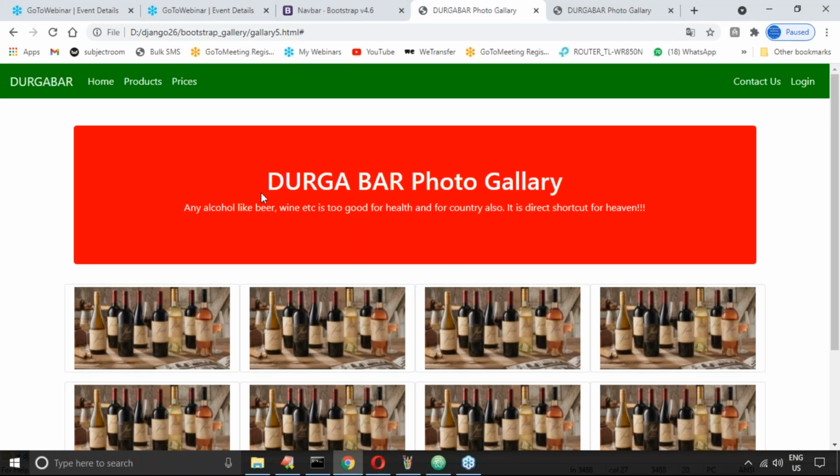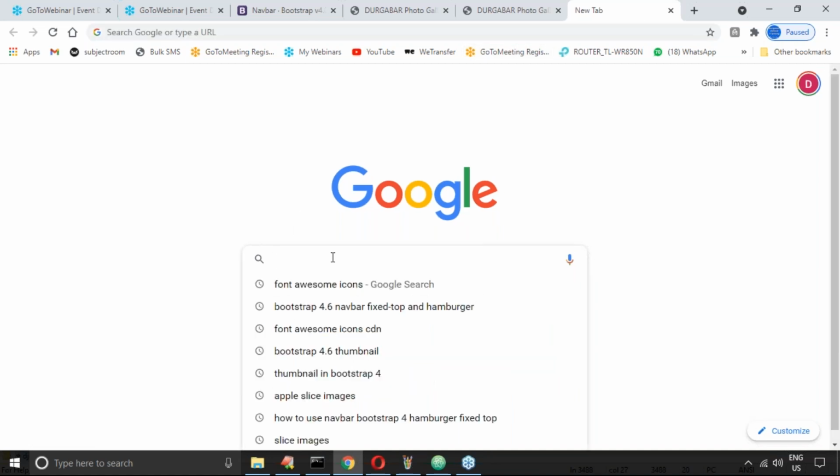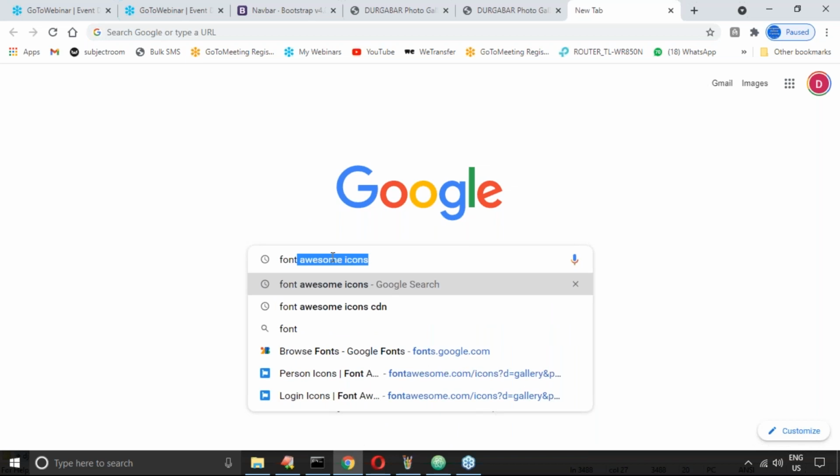Here I want to take one image icon kind of thing. What we have to do is, there are multiple ways to do that. Let me go to a website that provides icons. What most people always use is Font Awesome, which has some icons.